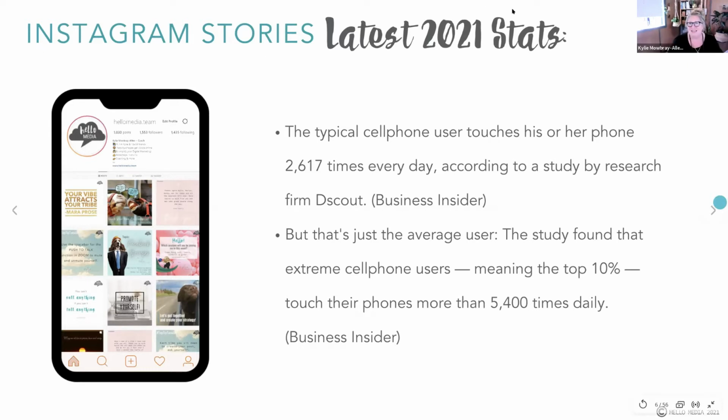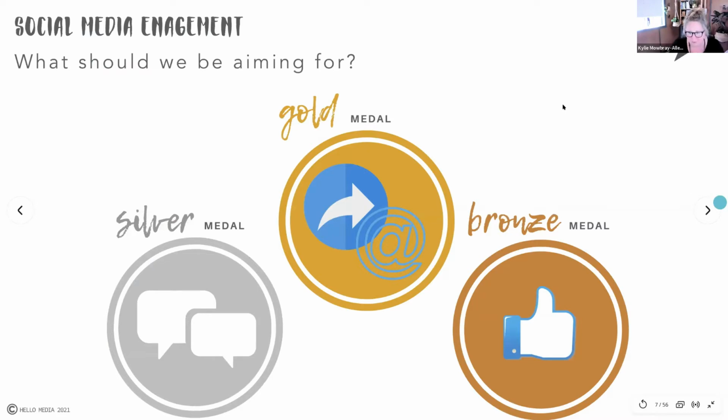So before we can get stuck in, we need to look at what we need to be aiming for when it comes to any kind of social media engagement. And that includes anything on our Facebook, anything on our Instagram, and whether that's stories or in a regular post. So I always love to give this analogy of the Olympic medals. So the bronze medal will aim at the bottom, which is still on the podium, so it's still good, but that's getting a like. So we always want to get some kind of engagement happening on our post, because you need to create scroll stopping content, whether that's scrolling down because they're going through the feed, or whether that's scrolling across because they're going through your stories. Whatever it is, we want them to stop on what you're posting and then engage with you.